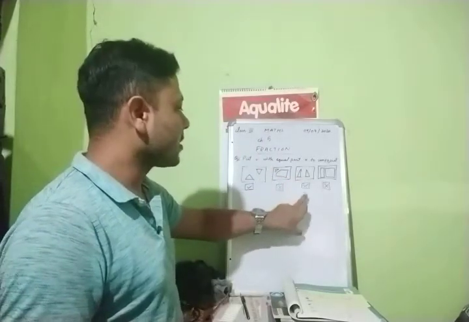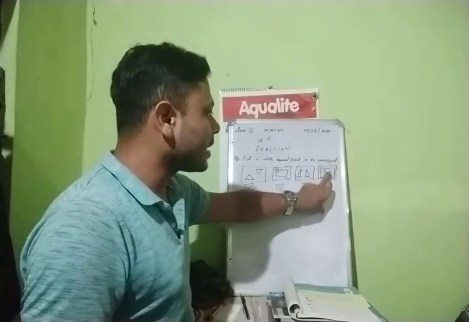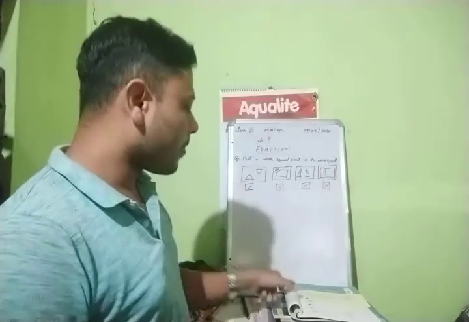Triangle. Both are small in size. So both are same. So right. They are equal parts. And last one, big rectangle, one small rectangle. So this is also not equal parts. You can see the picture over here. I will show you here in the book.